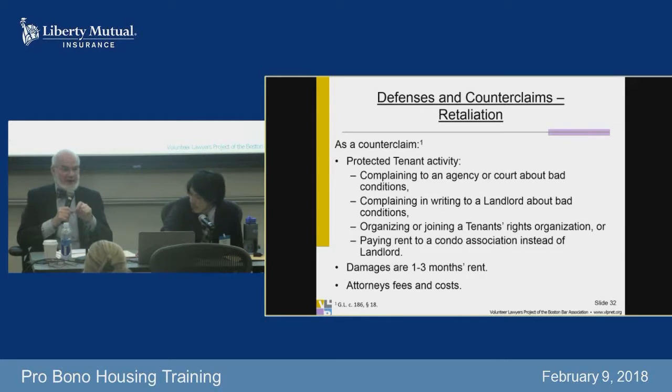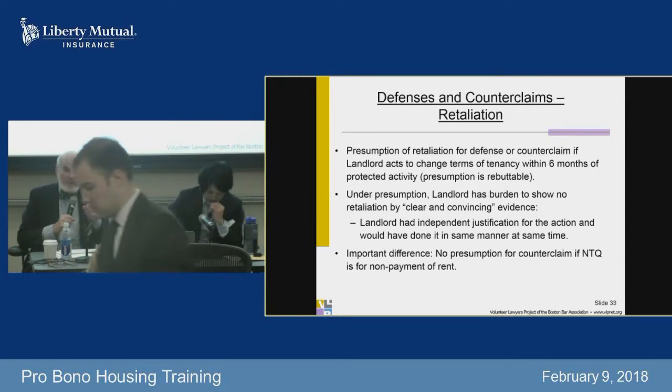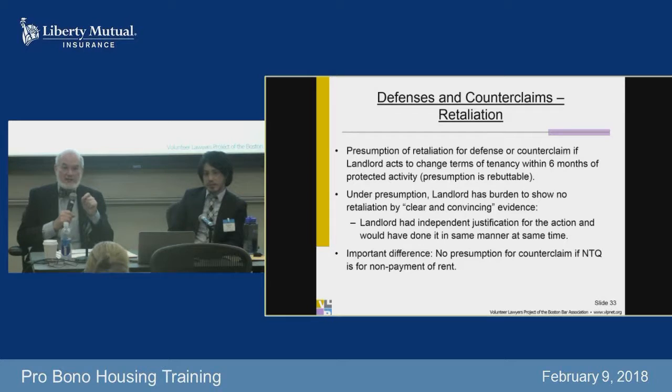Things like this, as you would expect, are actually pretty hard to prove, what's in the landlord's mind. And the legislature makes it easier by creating a presumption of retaliation. A presumption of retaliation kicks in if the tenant exercises some protected right, and then within 6 months, the landlord takes some adverse action against the tenant, like sending a notice to quit, a summons and complaint, raising the rent. Some kind of adverse action within 6 months is presumed to be retaliation, and